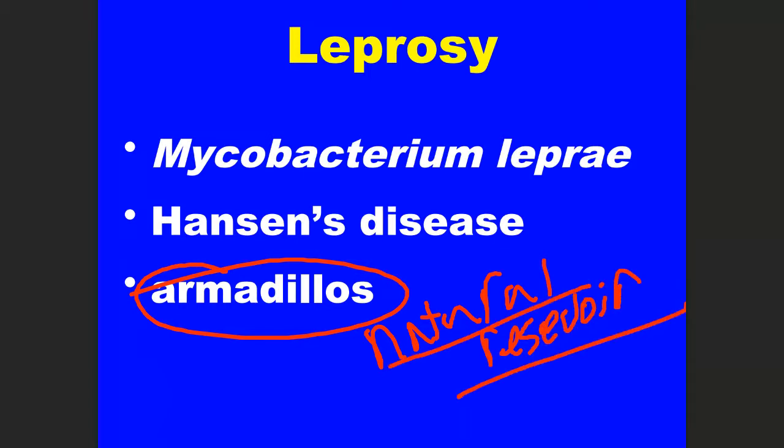One of the reasons for this is that the body temperature of an armadillo is about 30 degrees Celsius, which just happens to be the optimum temperature at which this bacteria likes to grow. Even though what I'm about to say is very rare, it has happened. There have been cases, even in the United States, where people have been either bitten or scratched by an armadillo and have contracted